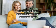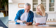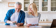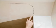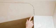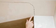Homeowner's Guide: Interpreting Your Home Inspection Report. Buying a home is a significant decision, and understanding your home inspection report is key to navigating this process effectively. The report outlines the property's condition, highlighting critical areas like safety, function, and structures, which can affect the home's value